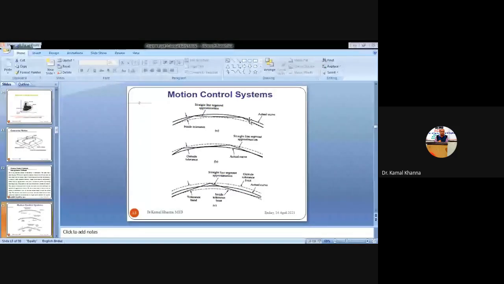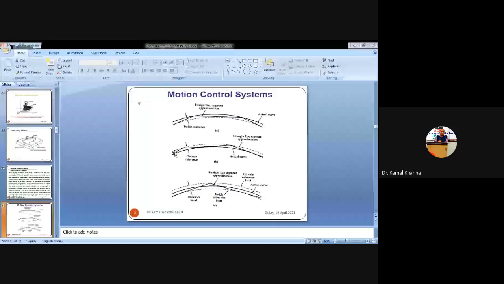So whenever you are considering the tool path below that circular portion, you are considering the inside tolerance. And whenever you are considering that dotted line or the axis of the tool above that actual curve, where the actual curve is to be cut or drawn using the tool, then it is called the outside tolerance. Here the tool is on the upper side of the actual curve. So using that circular interpolation, you are drawing straight lines and completing that figure.